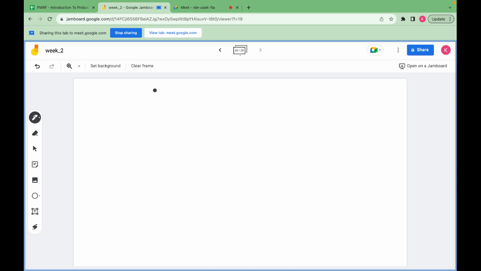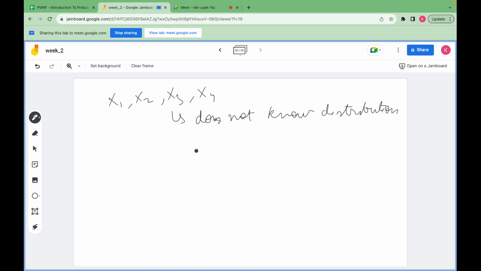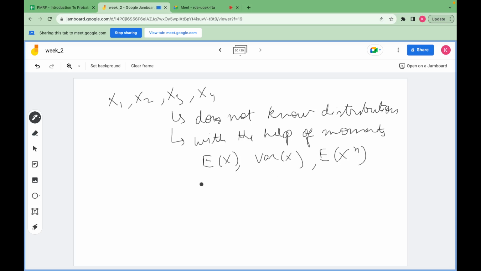So these moments will help you in finding the lower and upper bound of any data. So when you have some random variables, right, you do not know their distribution. Okay, but with the help of these moments, these first order moments, mean, variance, all these higher order moments, you can find the lower bound and upper bound. Lower bound is like what